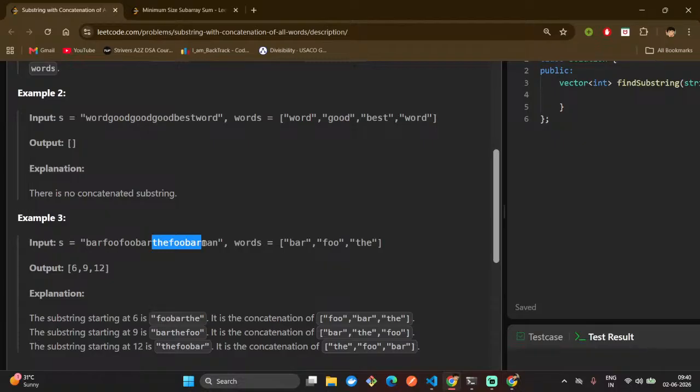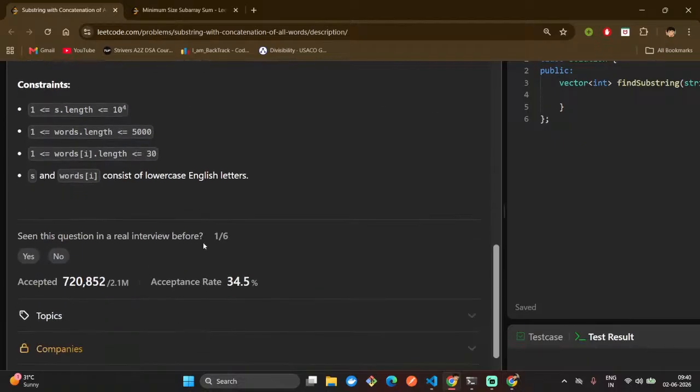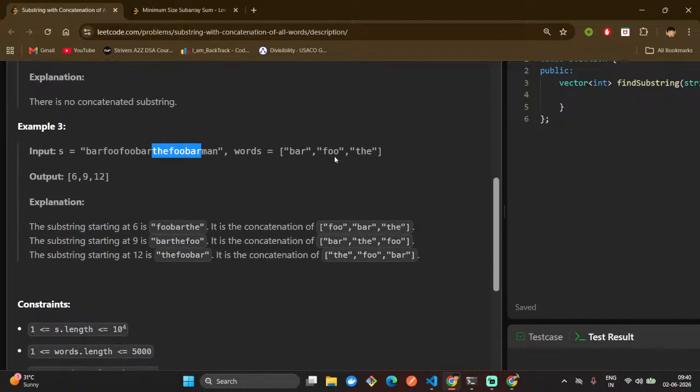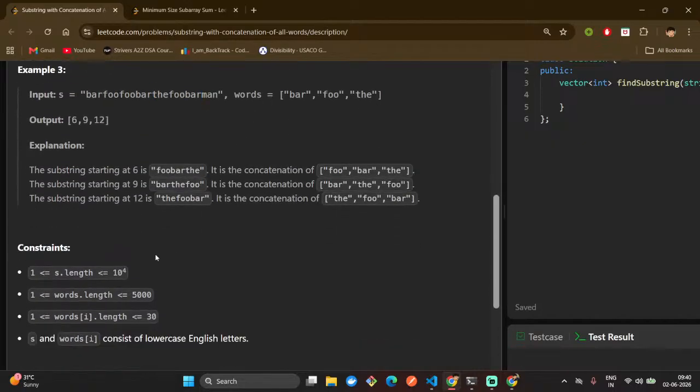We can just find the s length and the word length. Yeah, we can use constraints which are 5 into 10 to the power 3, n square, we can use the n square solution, right? Yeah. But the problem is that the bar,